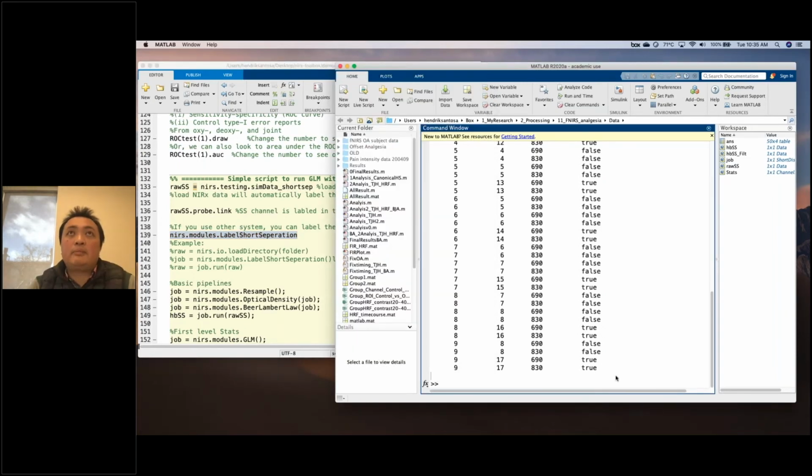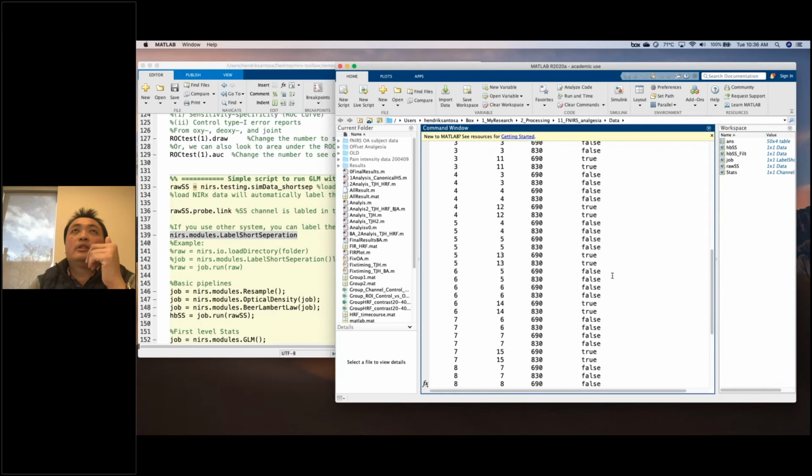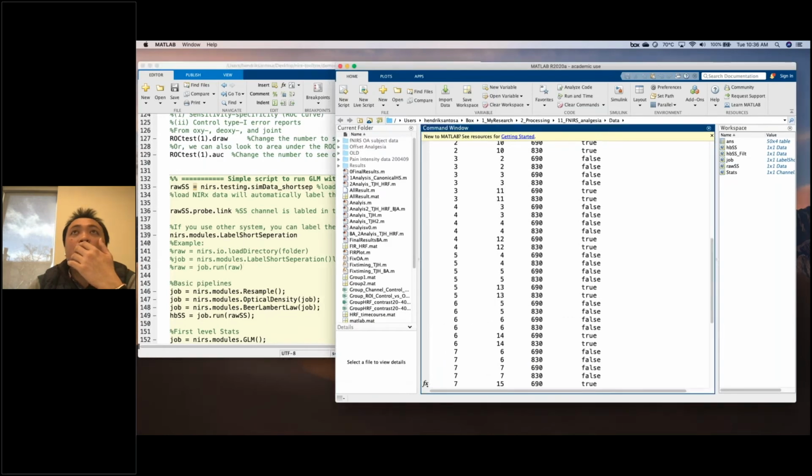For example, you can type job, and you can see the maximum distance is 15 millimeters. So it means if the distance is less than 15 millimeters, it will label true for the short separations. You can load other data, not NIRx data, give the job for labeling short separations, and run this one. In the end, you will get the same thing as this one.